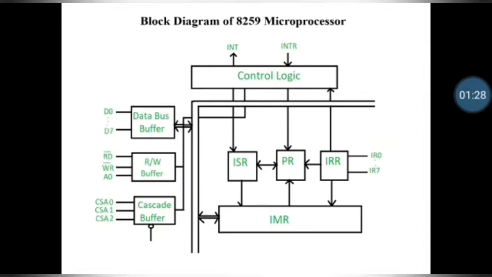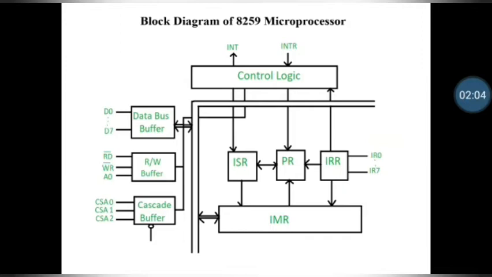You can see in the slide, this is the block diagram of the 8259 processor. In this block diagram you can see there are a number of blocks. So now we will discuss all these blocks one by one. The first block is the IRR, from the right side of your diagram, that is the interrupt request register,